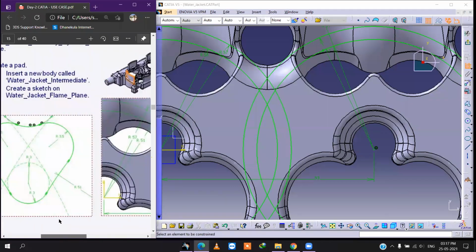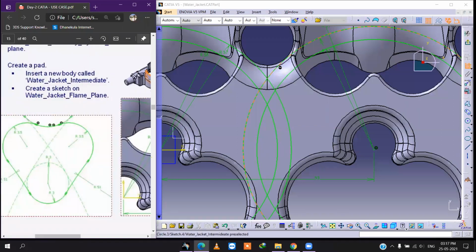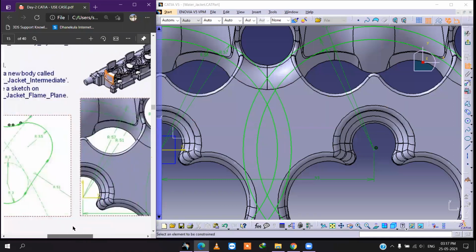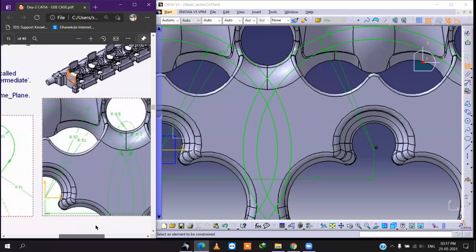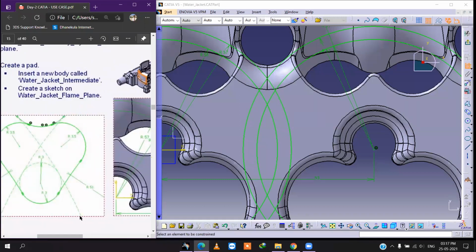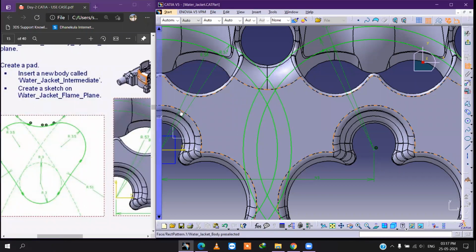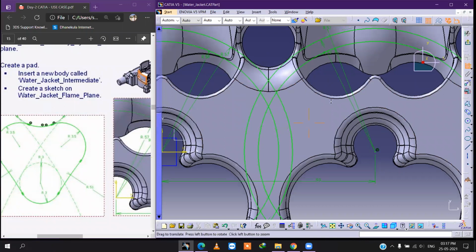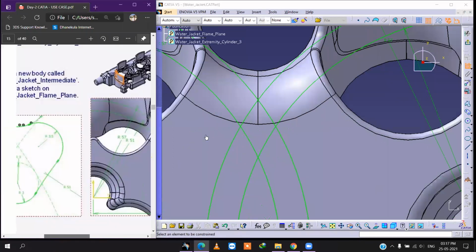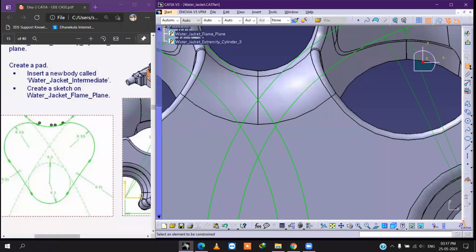Okay, after this we have to create two circles. One is over here, another one is over here. The radius is 3.5 mm. Okay, where is our circle?